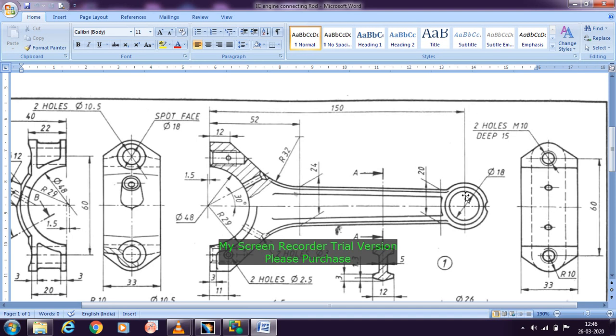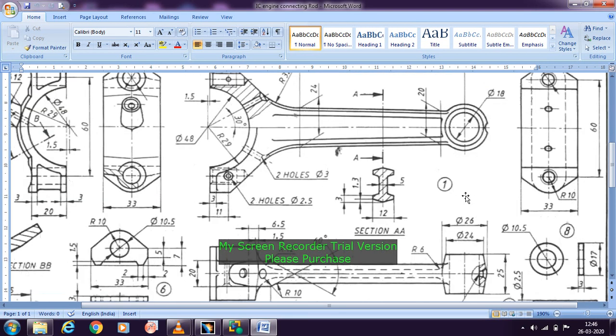Then after getting the plane here, you can see this is the front view of the object, and this will be the top view of the object. You can see that there are 3 circles present here. If there are 3 circles, we need to find the dimension for all the 3 circles.